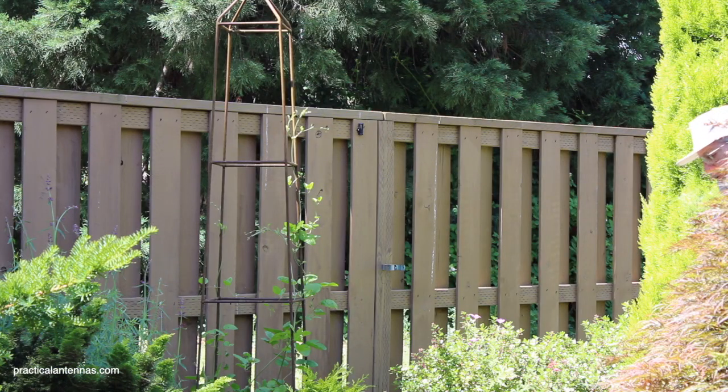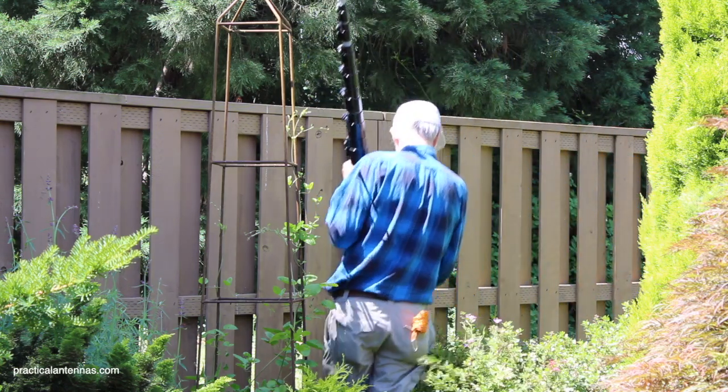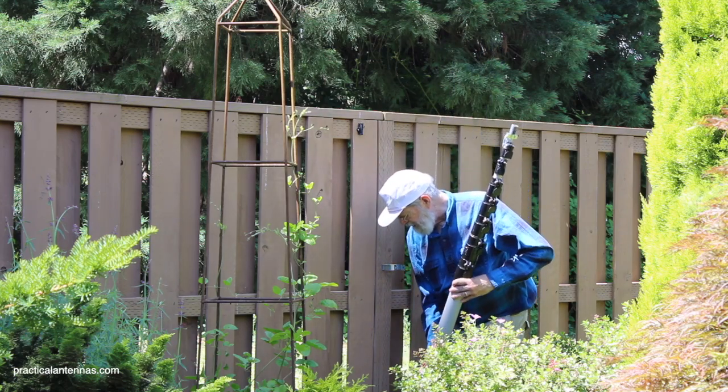Now, they're all supported by a single mast or a rope over a tree branch, or whatever you have available. Simple, but they give good performance, especially for portable work. So the next step is to set up the mast. I have stepping stones through the garden here, and then over here on this fence post I have these conduit clamps, and I can just set the mast in there